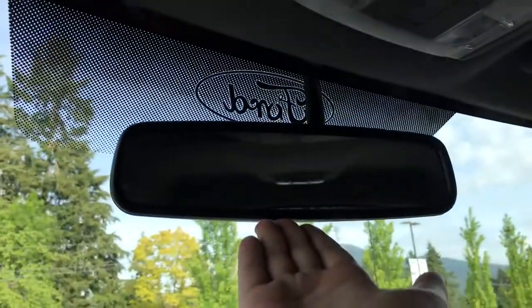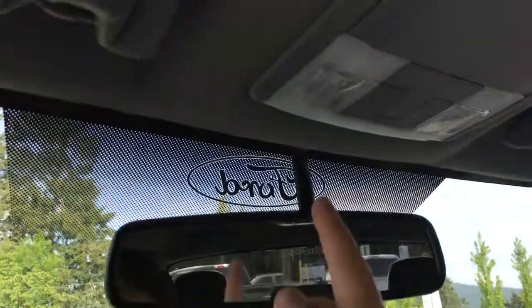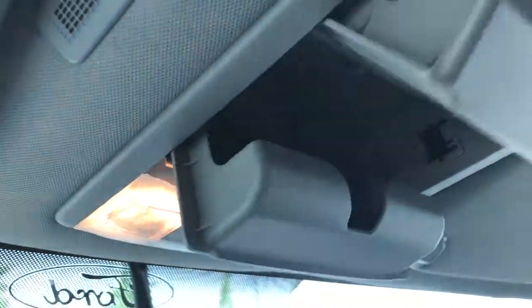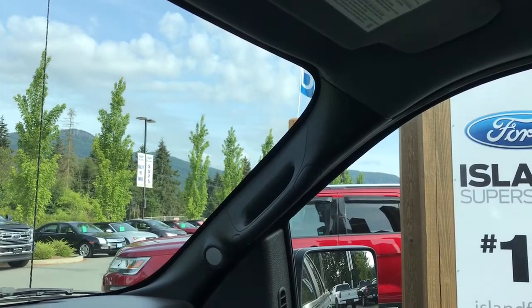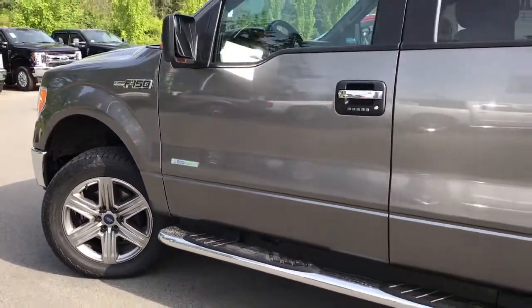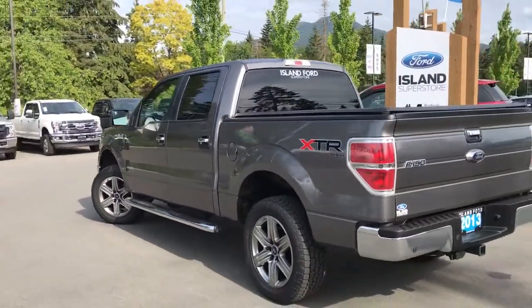Up above, auto-dimming rear view mirror, and just on the left-hand side there's where you'll see your backup camera view when going in reverse. Lighting controls, 2 sunglasses holders, and grab handles in the body to make it easier to get in. 20-inch wheels, chrome magnetic running boards, chrome door handles, keyless entry keypad, driver's side capless easy fuel gas filler,